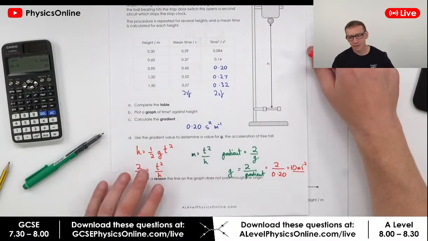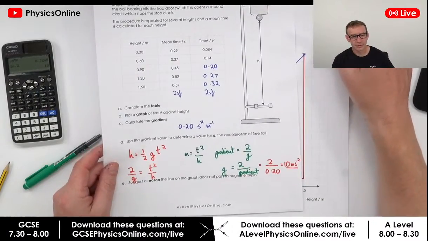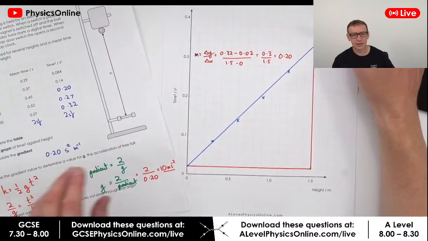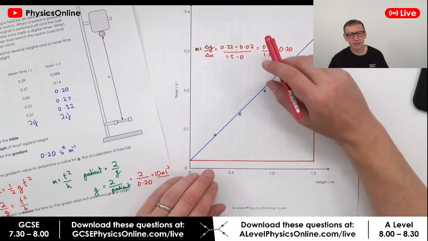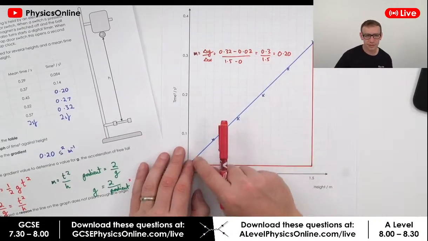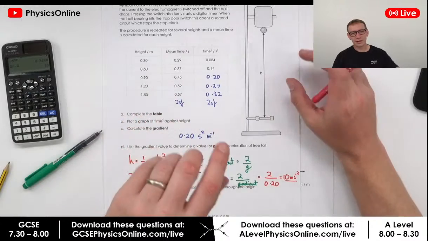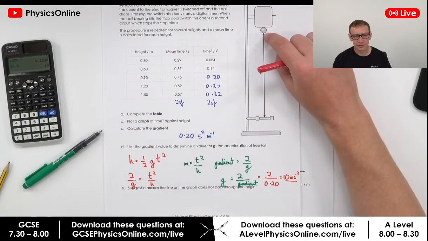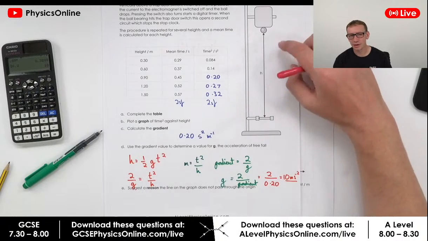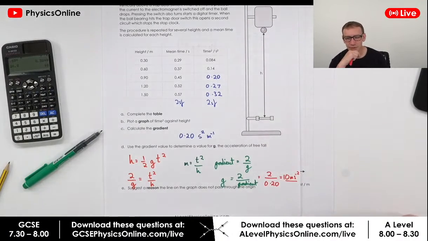Now, the last bit is suggest a reason why the line on the graph does not pass through the origin. So I'm going to let some of you out there maybe think about why that is. Why is it that the data doesn't go through the origin if we had real world data? Why is it that as soon as you press go on the timer, there's some issue with the timing between the ball dropping from here and hitting that? So Chanruni says systematic error. Yeah, so basically